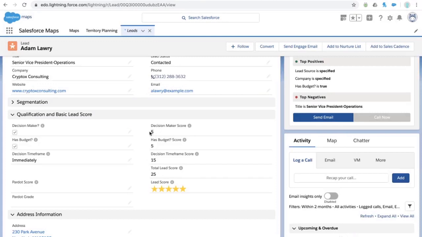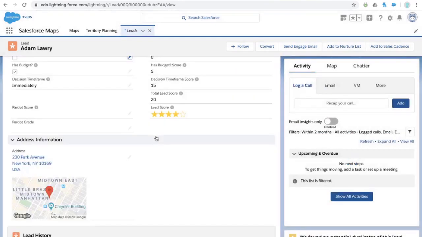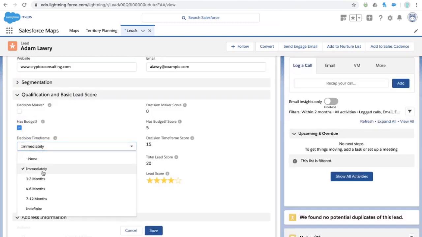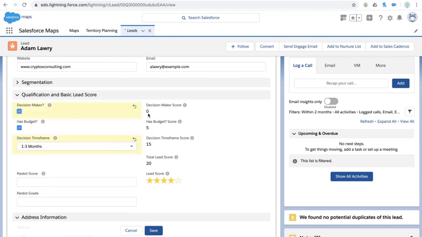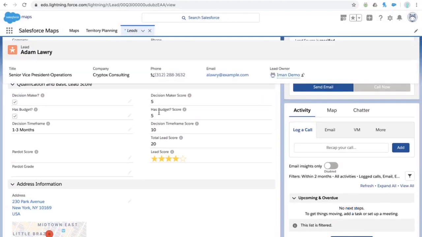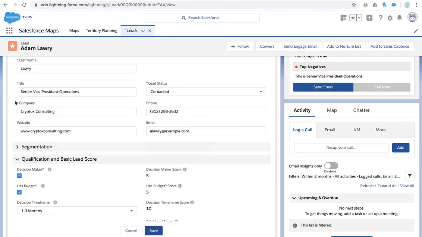So I have a formula field. And this formula field just gives you a score of 5 if this checkbox is checked, and a score of 0 if it's not checked. These numbers are all arbitrary, okay? And I'm doing that again. I've got another score for do they have budget or not. So if you're the decision maker, if you have budget, what's your time frame? Based on these values, I will adjust your scores. I even have one more formula that takes these numbers and just totals them up. And then I have one more formula that gives you a visual indicator of how well that lead performs.